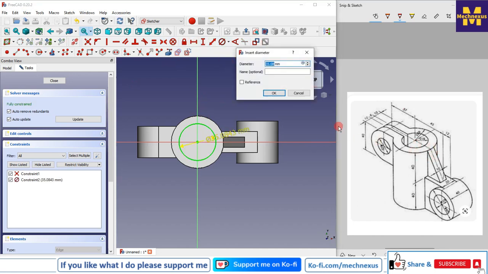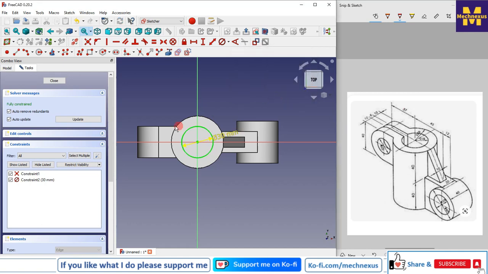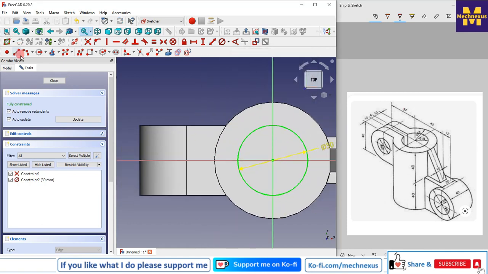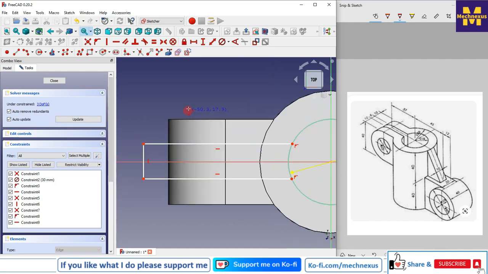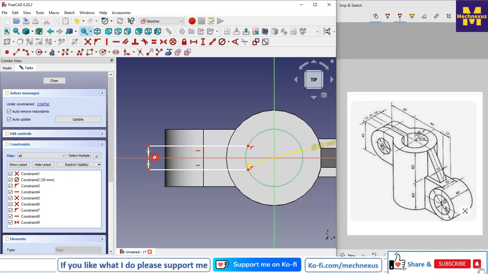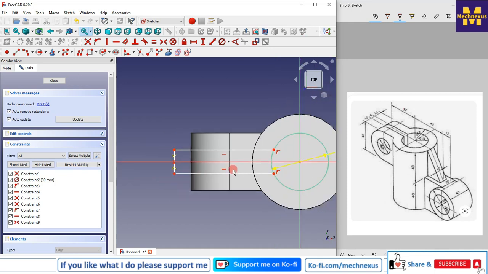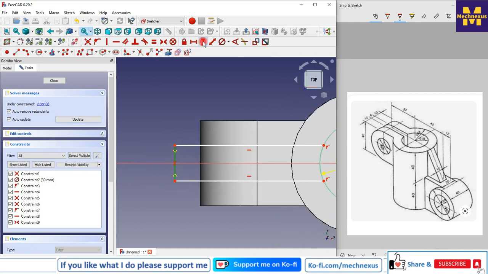So this is the 30, and now I will select the line, and this will be symmetric. So I will select the symmetric option. I select this point and this point and my center point line,